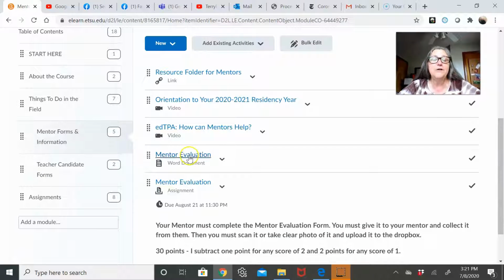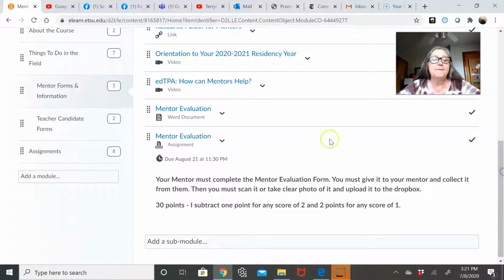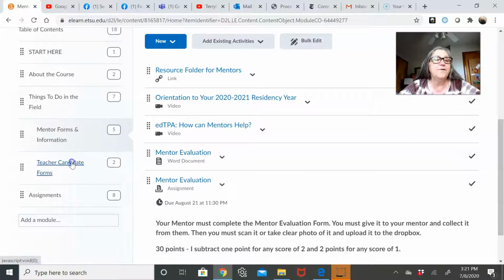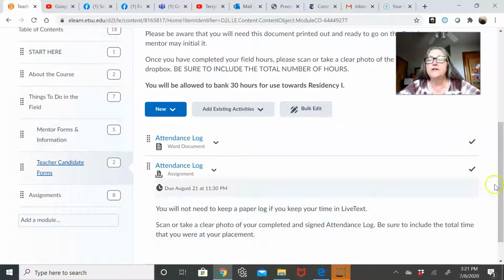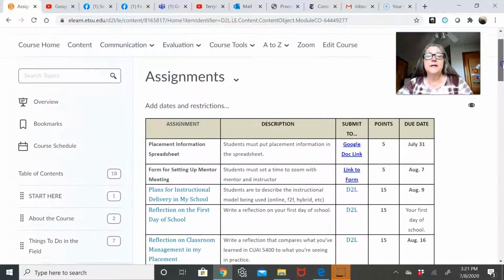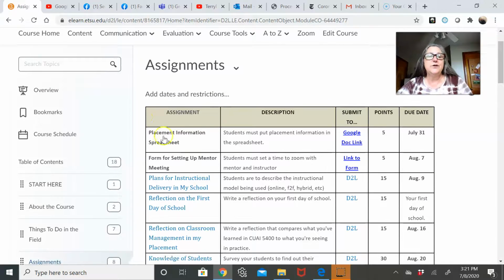Here's the evaluation form that they'll use, and you'll collect that from them, and we'll put it in here. Teacher candidate forms. The only form you've got is your attendance log. And of course, here again is just another explanation of the assignments, which tells you what all is due and when it's due